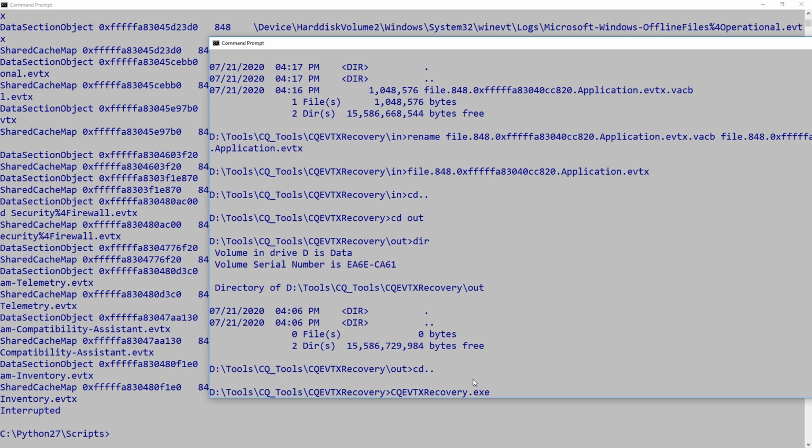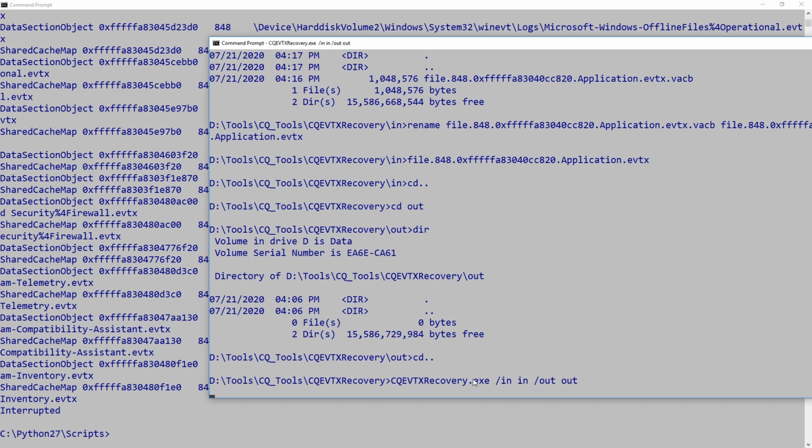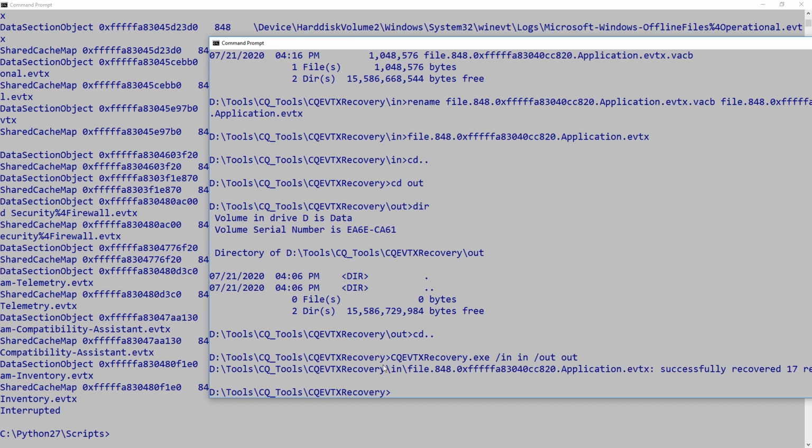So have a look. CQURE recovery.exe takes simply two parameters: the input folder with broken corrupted EVTX files, so our input folder is called in, and the output folder, same story, which we're going to be using for exporting fixed EVTX files. So if we press enter, now it tells us that we have successfully recovered 17 records,